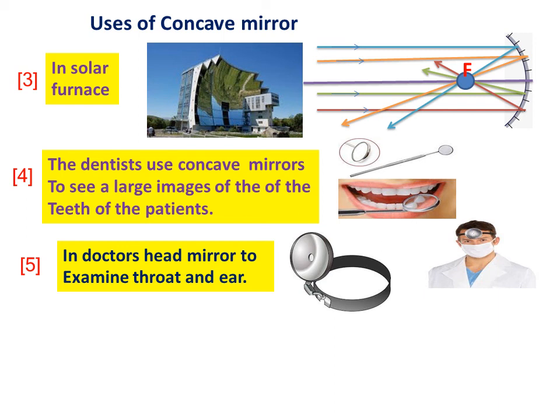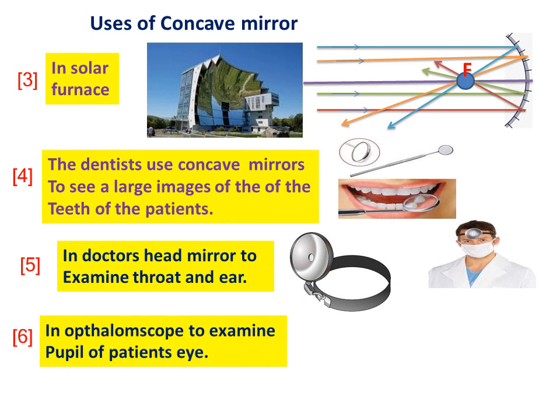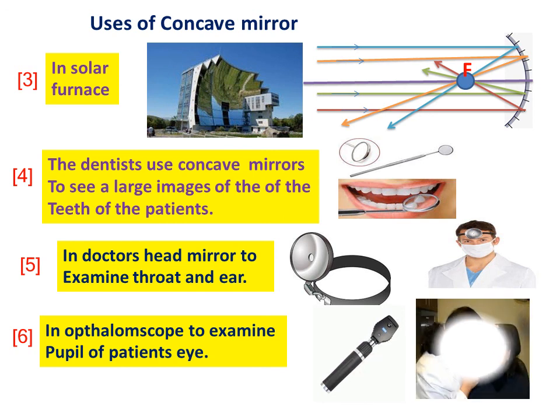Okay, and the next one is a small concave mirror with a small hole at its center, which is used in the doctor's ophthalmoscope like this. So the doctor looks through the hole from behind the mirror, while a beam of light from a lamp is reflected from it. It is directed into the pupil of patient's eye, which makes the retina visible.